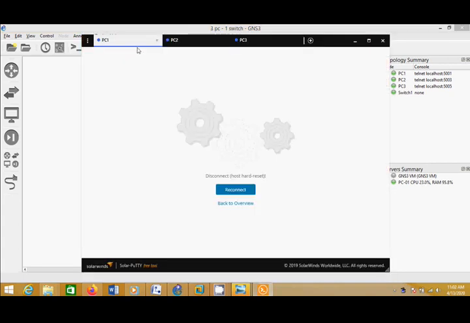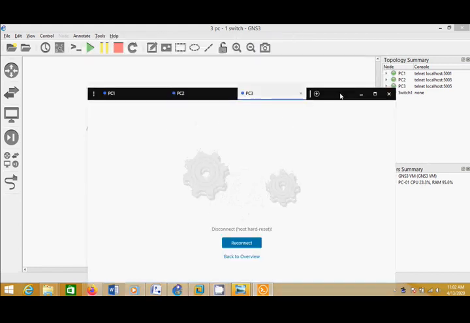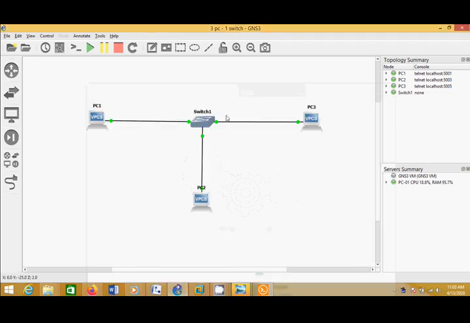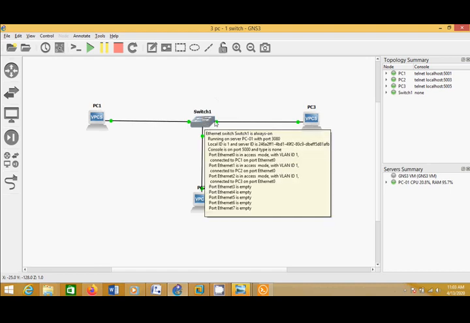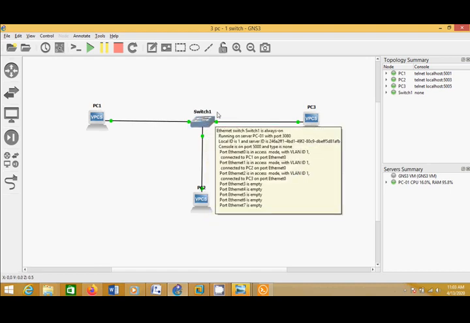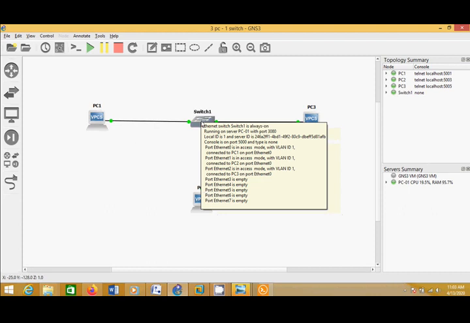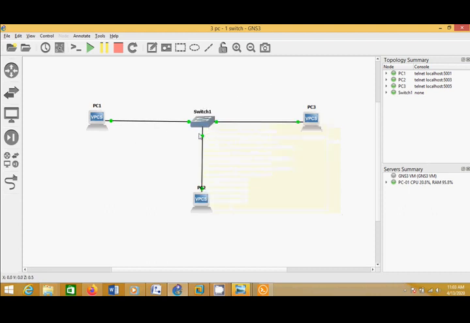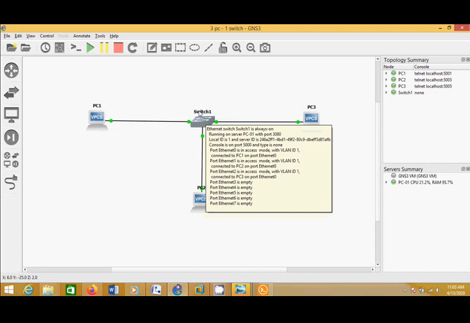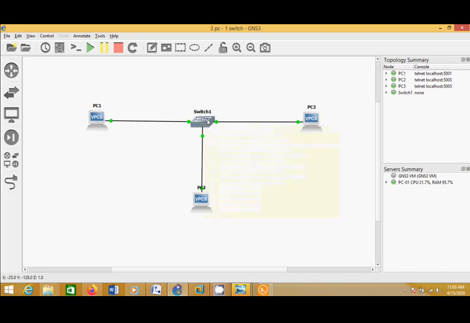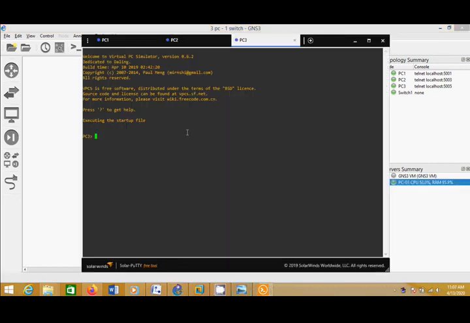See, there are the consoles of the 3 PCs here. Why only 3 PCs and no switch? Because the function of the switch is only branching the connection, so there is no IP in here and it does not need to be set.